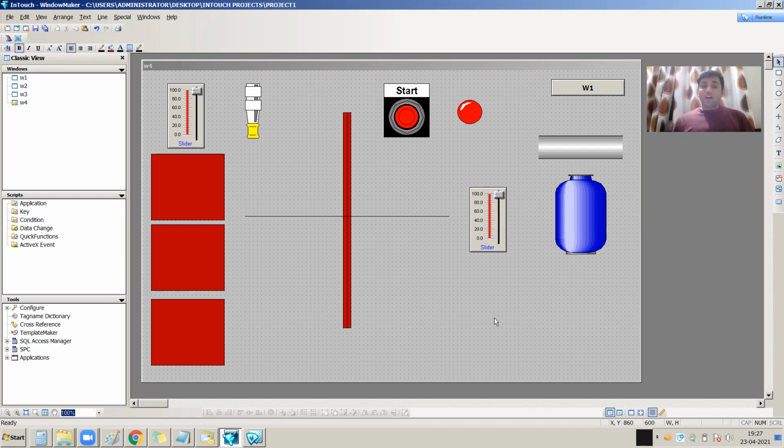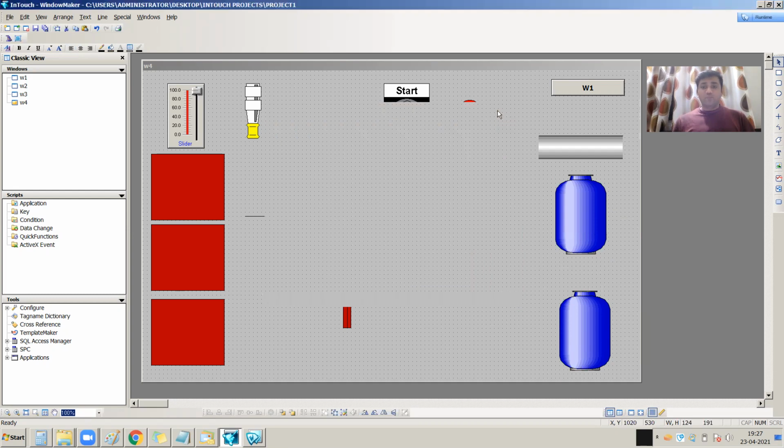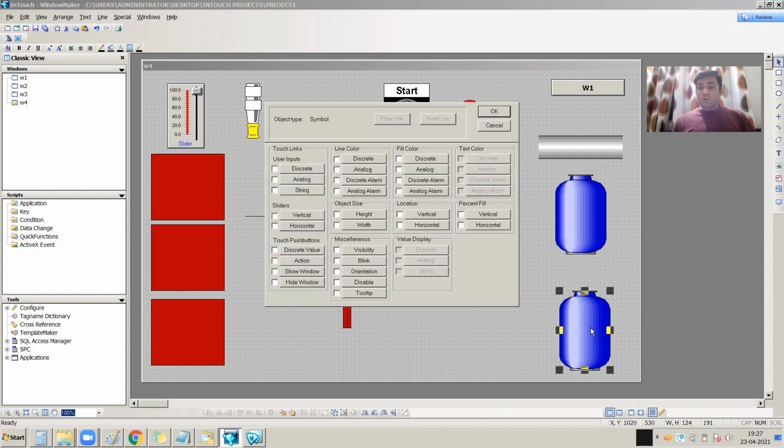Now, for example, if I want to duplicate this tank and deselect this property. If you click this, there is a fill color property option available here, and in this fill color there are discrete and analog options.